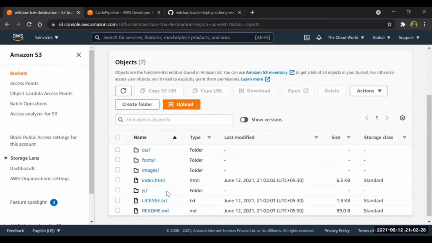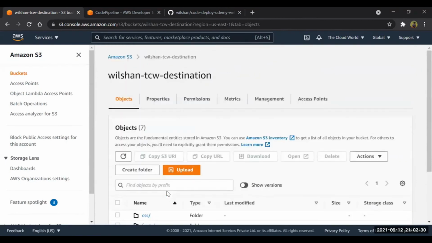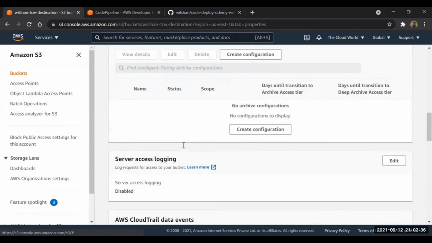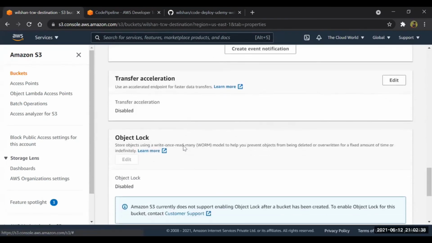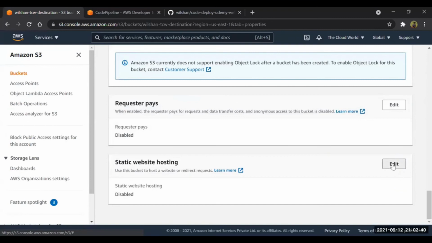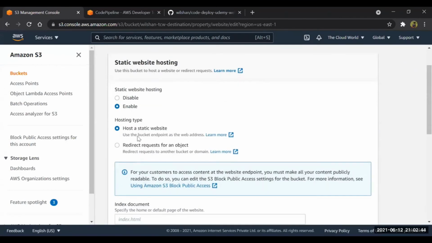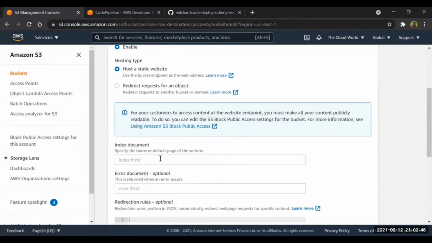Okay. So now, sorry, one thing I forgot to do was enable the website hosting, the static web-based hosting. No issues. We'll just enable it. That's fine. We will host a static website. Index document will be index.html.